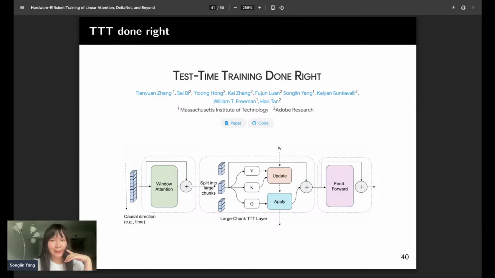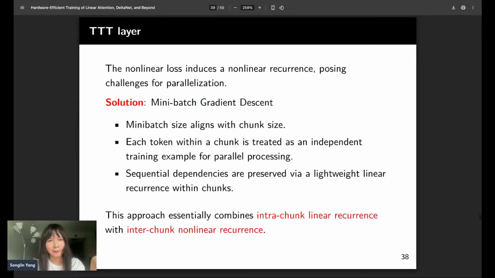And finally, I want to briefly mention several works. First off, it is called the TTT done right work. It is a joint work with Tian Yuan. In this work, we found that, okay, this TTT training framework we already showed here needs to have a chunk size,